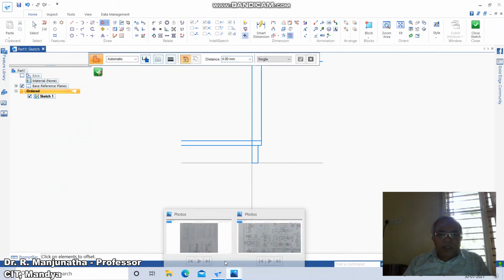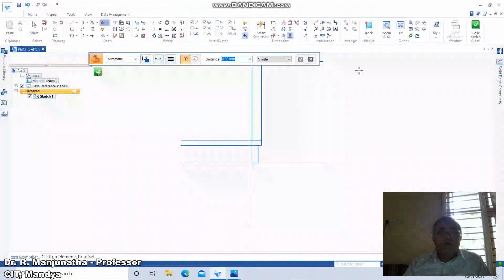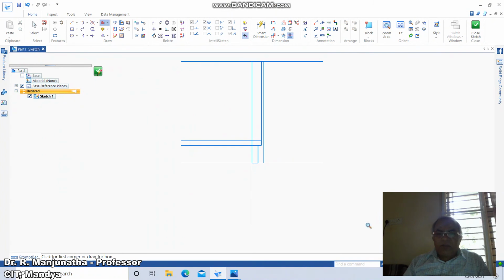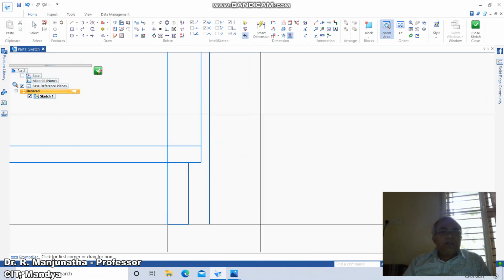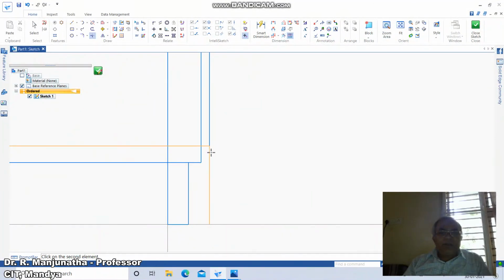Then the dimension at this point is 20. So go to Offset, take the distance as 20, that is 10. From here you take this till here, and go to Zoom Area, then go to Trim Corner between these two. Then we have a sphere of radius 11,